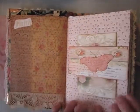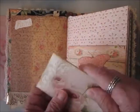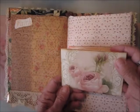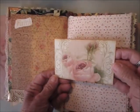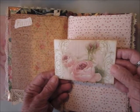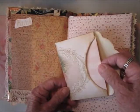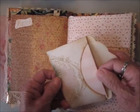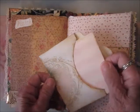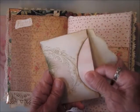Also, what I've done is that there are a lot of these envelopes in here, and I don't remember who I got them from, who created them. I don't know. I bought the images and then put the envelopes together to use in the journal, and I sort of forgot. But each one of these envelopes, there's quite a few,